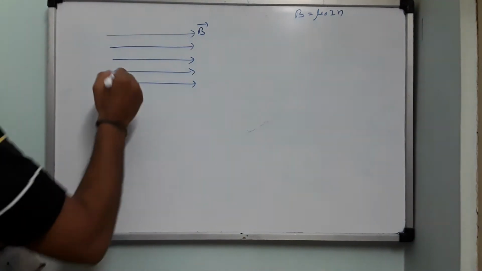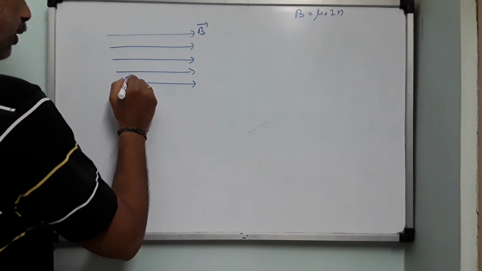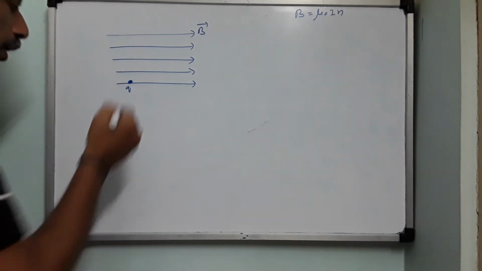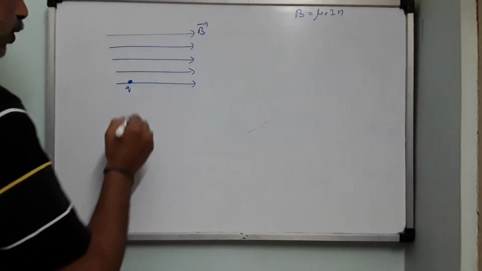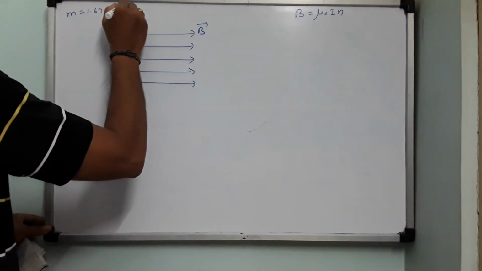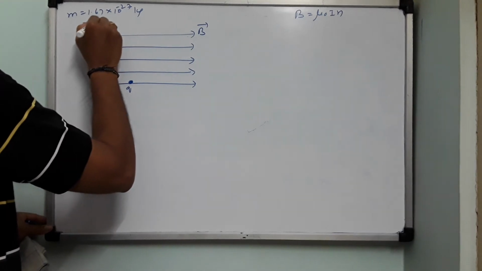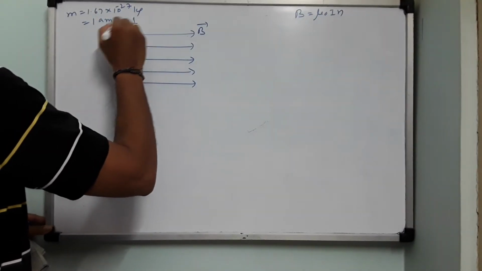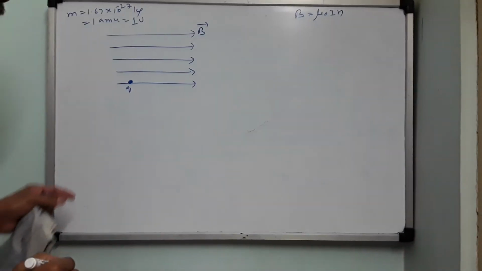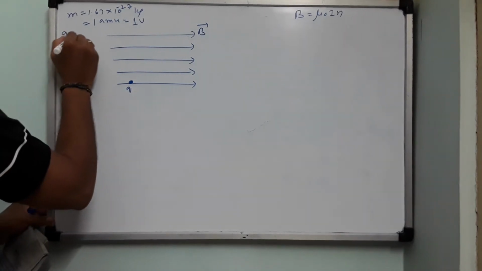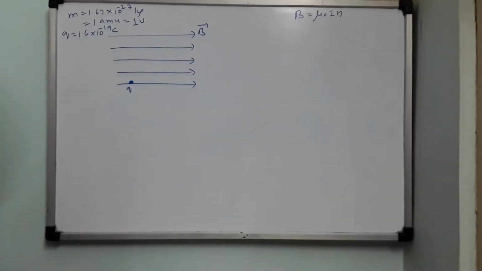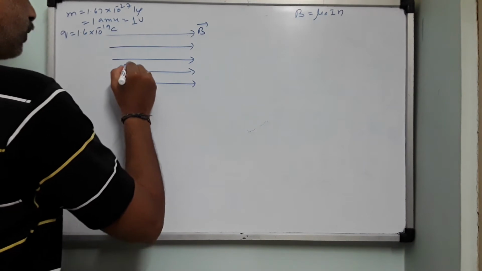Right. So into such a magnetic field now, what I am doing, children, I am firing a charge Q with a velocity V. So this is my charged particle Q. Let me take it as a proton. So this proton has got mass. How much? 1.67 into 10 power minus 27 kg. This approximately we will take as 1 atomic mass unit. Nowadays, in modern symbols, it is called 1 unified mass, 1 u. Such a charged particle carries a charge Q equals 1.6 into 10 power minus 19 coulomb. Such a particle I am firing. Okay. So firing means I am giving the velocity V like this.